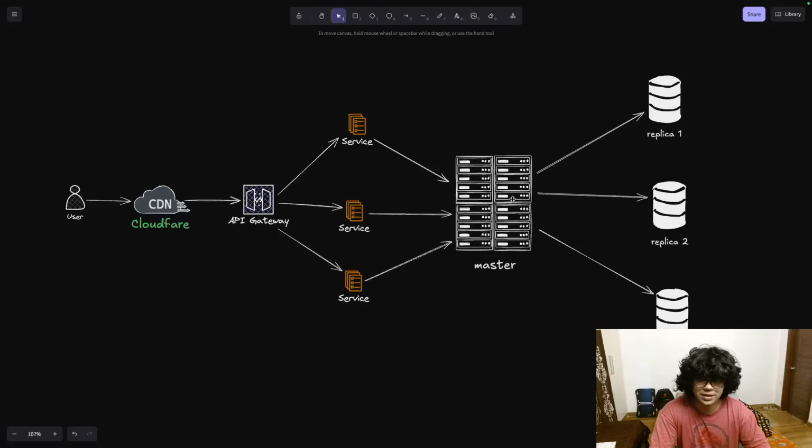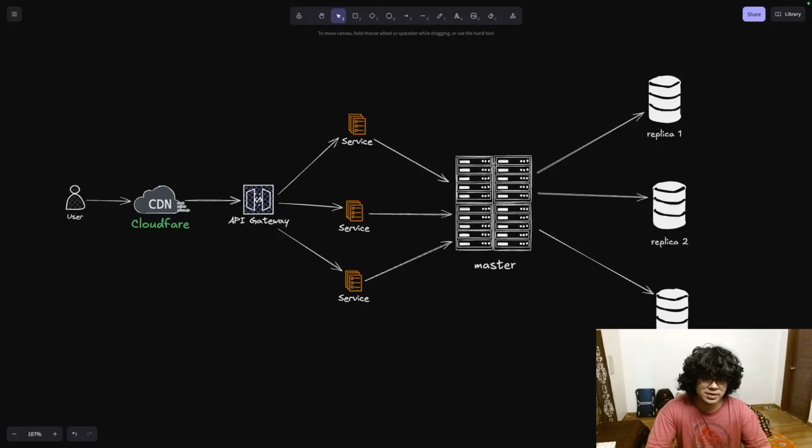So in this case, there are a lot of solutions to this problem. The simplest one is to basically just upgrade this machine, right? Whatever master DB you are running, it is inside a virtual machine of some sort, right? It could have a RAM of 2 GB. You can basically increase it to 4 GB, 16, 32, 64, right? That's the simplest solution that you have. But this cannot keep on going forever. You cannot have infinite RAM, right?